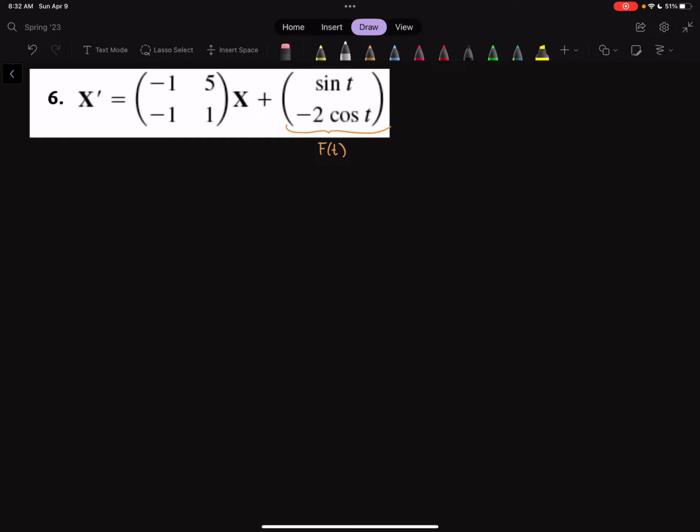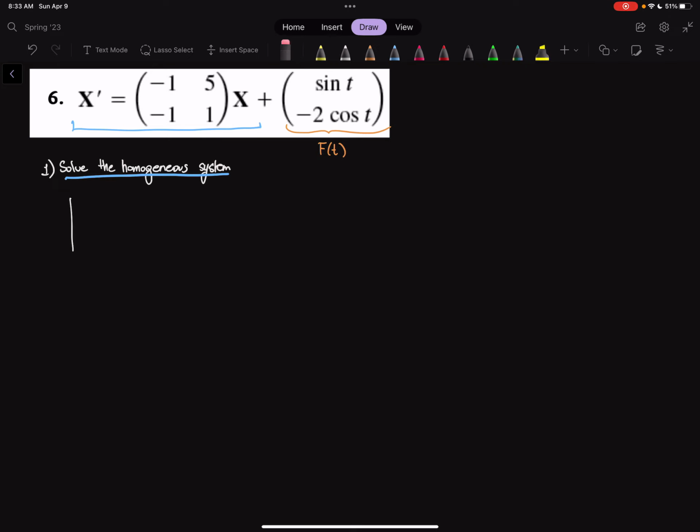I didn't want to get to this point, but I realized that there were so many mistakes that I had to restart. So here it is. Let's solve the homogeneous system, and that is this one right here. With this f of t equals 0, that's the homogeneous system. So to solve that, we're going to have to